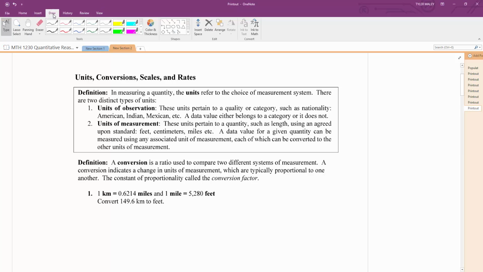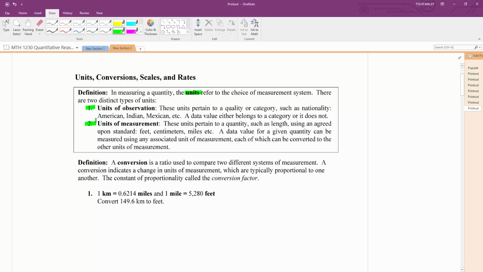Hey guys, so this worksheet that we're working on today is over the beginning of chapter 3, sections 3.1, 3.2, and 3.3. So we're talking about units, conversions, scales, and rates, right? Just some things to remember from the text that you should have read. So we have this idea of units, and that there are two different types of units,